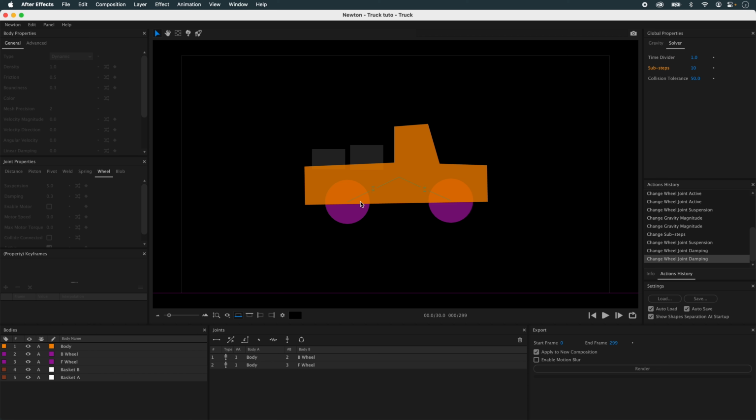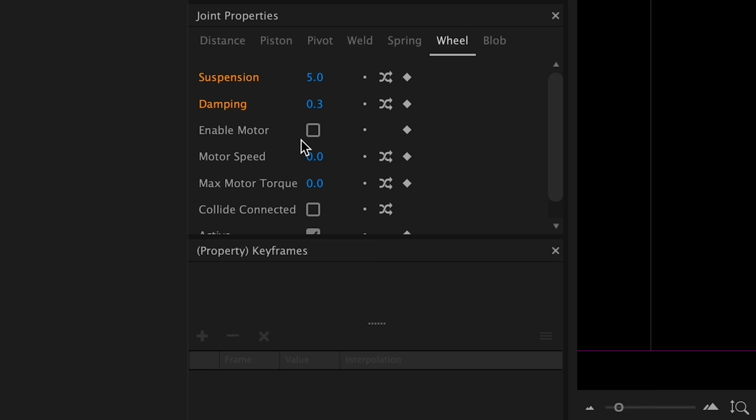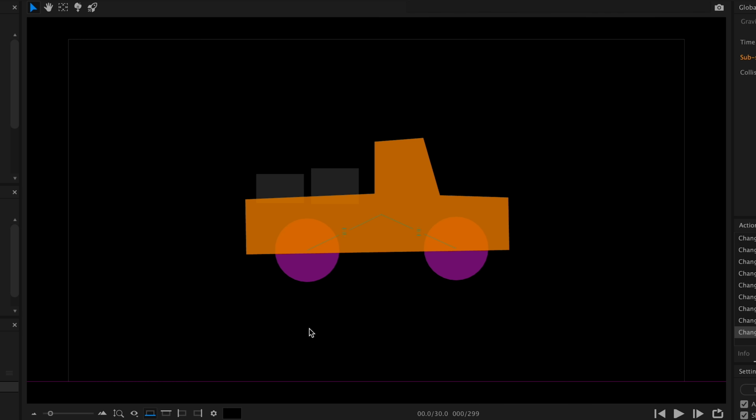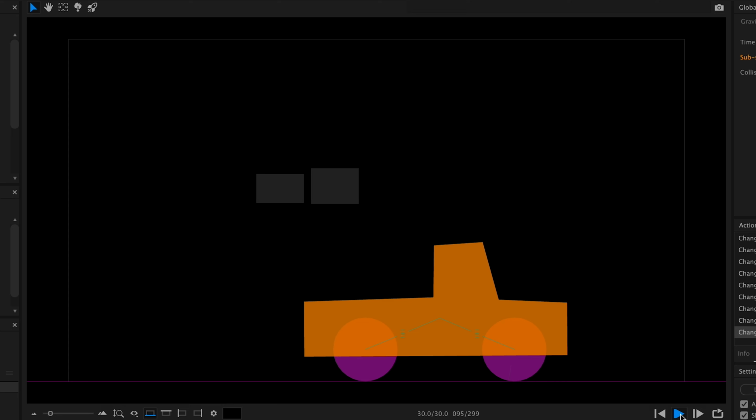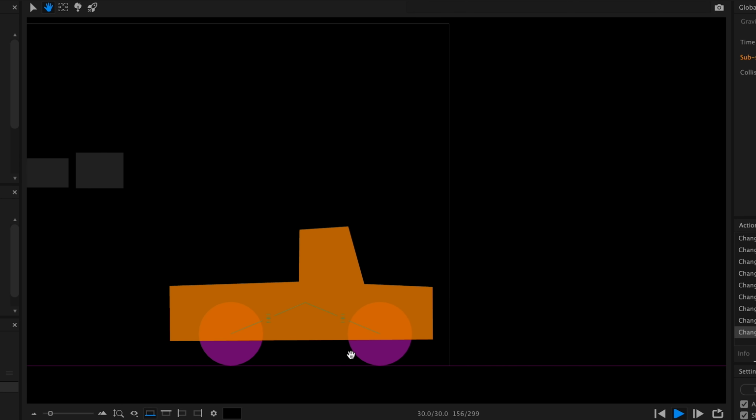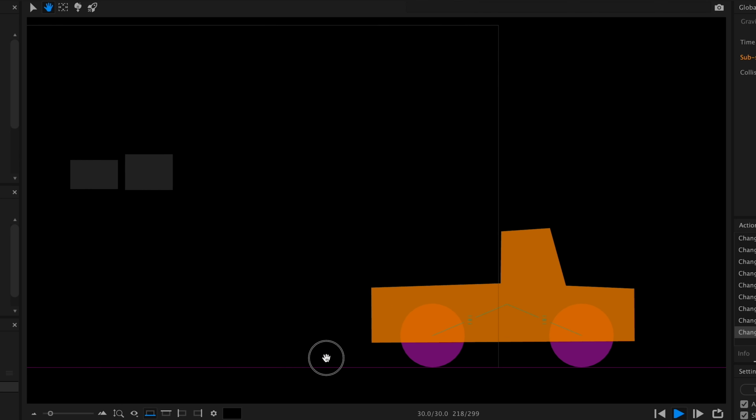So I'm going to decide that the propulsion will be done by the rear wheel, or I could put it in the front. I could also put it on both wheels. But in this example, I'm only going to use the rear wheel. All I have to do is engage the motor. And then I'll enter a rotation speed. For example, I'm going to set 10 for rotation speed and 10 for torque, and we'll see what happens. It works, it advances slowly, and then gradually accelerates.